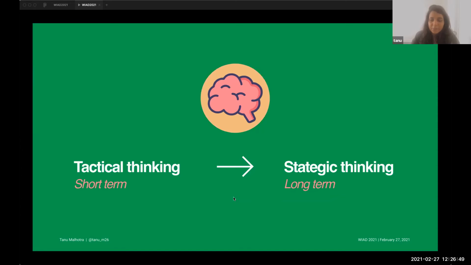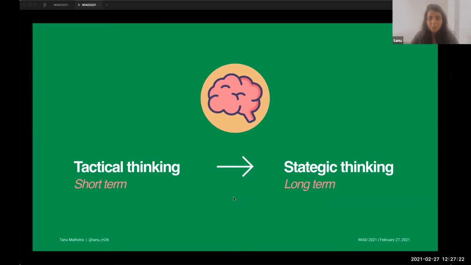So in this regard, especially for designers, there is a request, or maybe my recommendation here, that they should try to switch gears between tactical thinking, which is more short-term thinking, where they think that they can tackle a very small problem space or work on a very small piece of the product, and they think that this is the success. But they should really focus now on strategic thinking, where they can think of the long-term vision of how this product would be used in various contexts by various users, and what different content can be presented to these people.